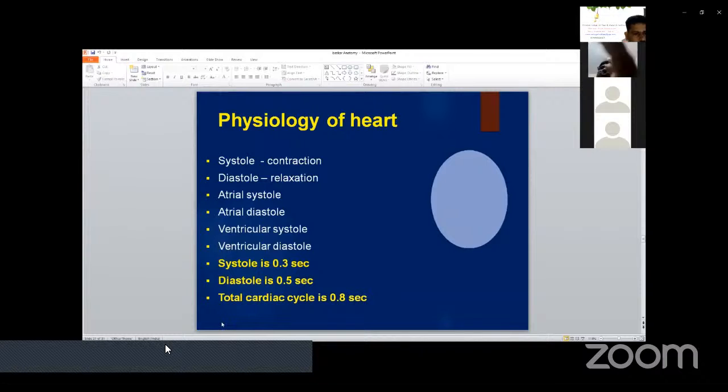Left ventricular diastole: once blood is forcefully ejected from the left ventricle, it comes back to the diastole position to receive the blood. So here they are showing the total cardiac cycle will take 0.8 seconds. Systole will take 0.3 seconds. Diastole is taking